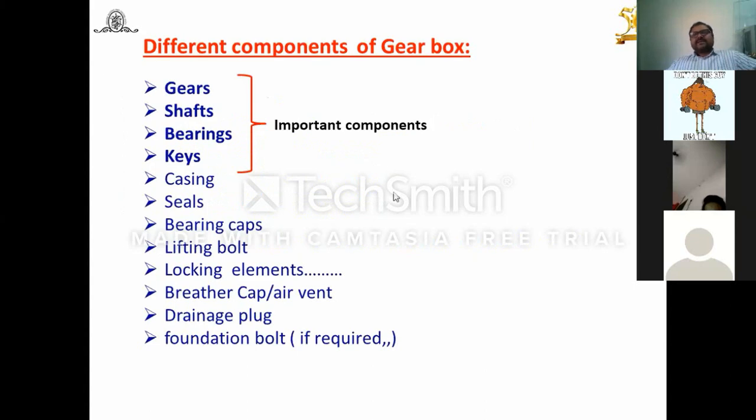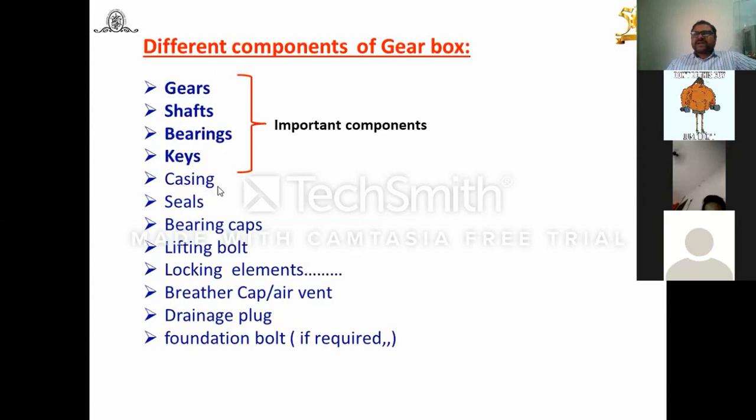Now let us see the different components of the gearbox. In a gearbox you will generally find gears, maybe a pinion, maybe a big gear, then shafts, maybe an input shaft, output shaft, sometimes an intermediate shaft, bearings, input shaft bearing, intermediate shaft bearing, output shaft bearing, and keys to fit the parts, that is, keys are used for the gear on the shafts. Then the casing. Why is casing provided? Generally when the pitch line velocity is greater than 10 meters per second, it is mandatory as per the IS code to cover the gearbox, to prevent dust particles coming inside and to avoid tooth failure. That's why casing is provided.